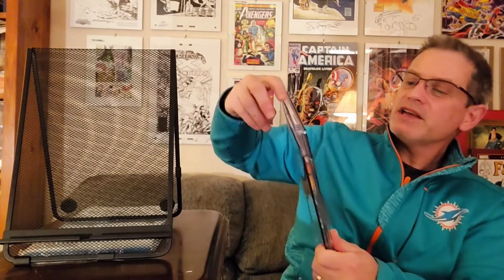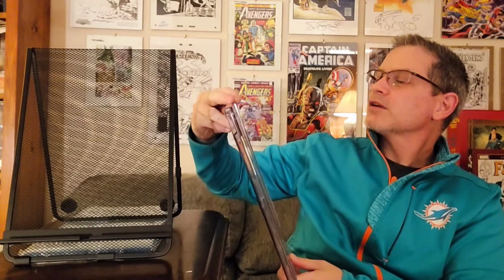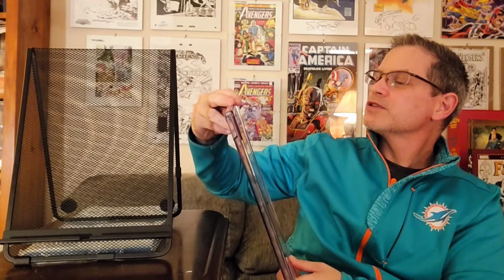All right, now here's a book that I did not expect a 9.8 on. It had a major spine tick on it that I worked and cleaned it up and smoothed it out. I can see it. I'm sitting here looking at the color break on it. Other than that, the book is really clean. But it is Teenage Mutant Ninja Turtles number 7. It is the first color Teenage Mutant Ninja Turtles